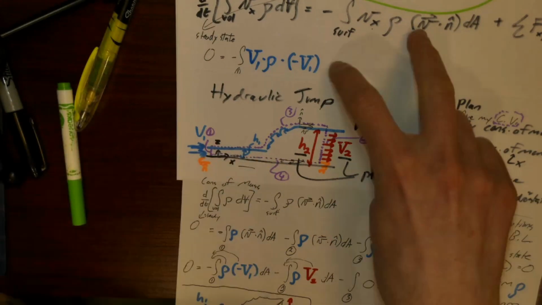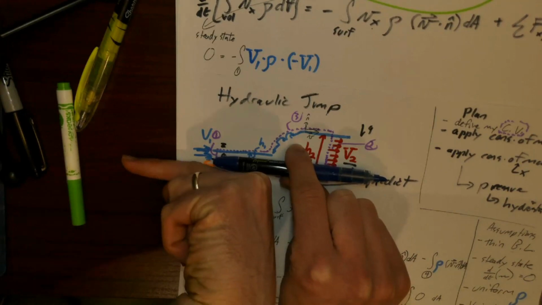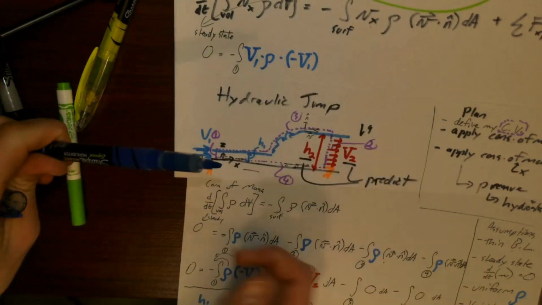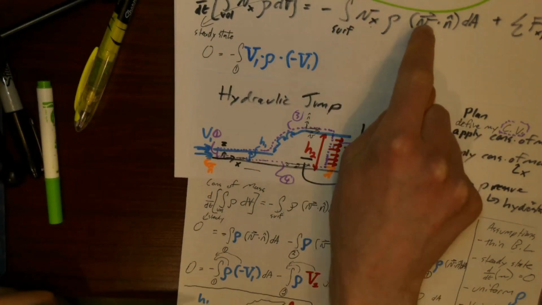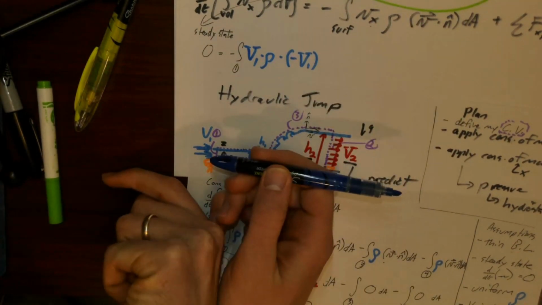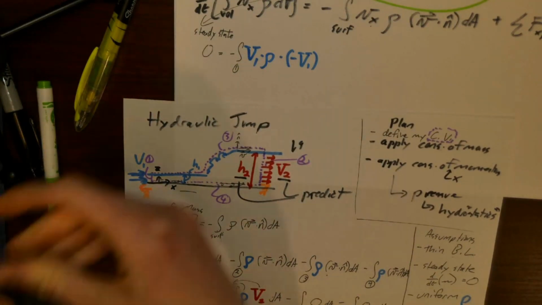Whereas V dot n for surface 1 is minus V1, because V1 goes in this direction and n goes in the other direction. So Vx is positive V1 because V1 is going in the positive x direction. V dot n is minus V1 because V1 and n are going in opposite directions. So that's why these two terms are different from one another. And then we have our dA